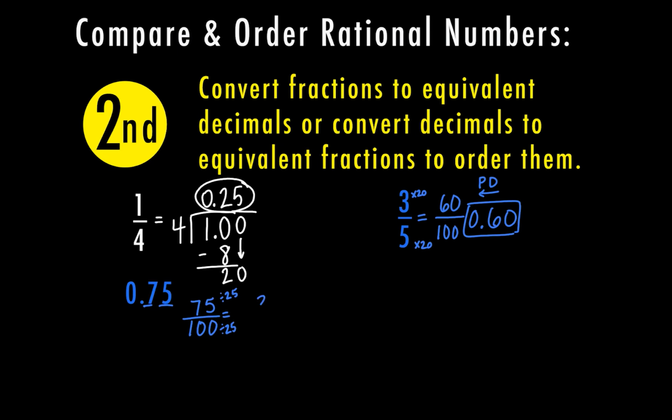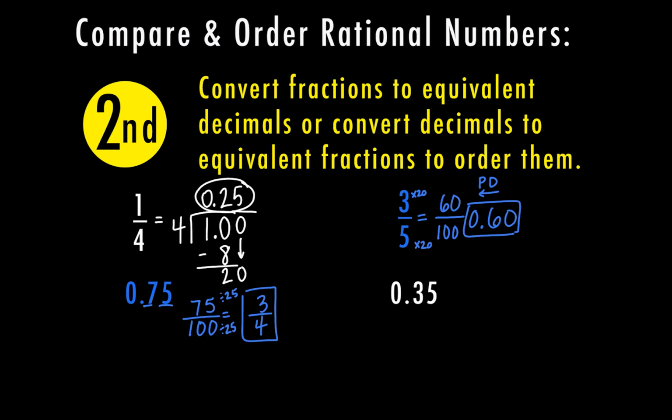75 divided by 25 is 3. 100 divided by 25 is 4. So this reduces to 3/4. And last we have 0.35. This one's a little bit more difficult because there isn't any money. In the previous case, 25 cents is a quarter, goes into 75 cents and a dollar,